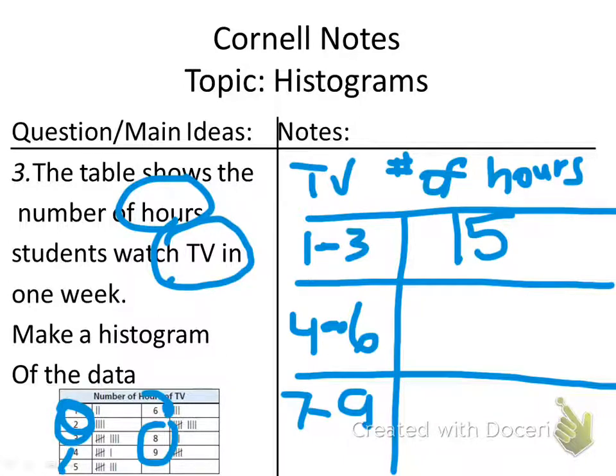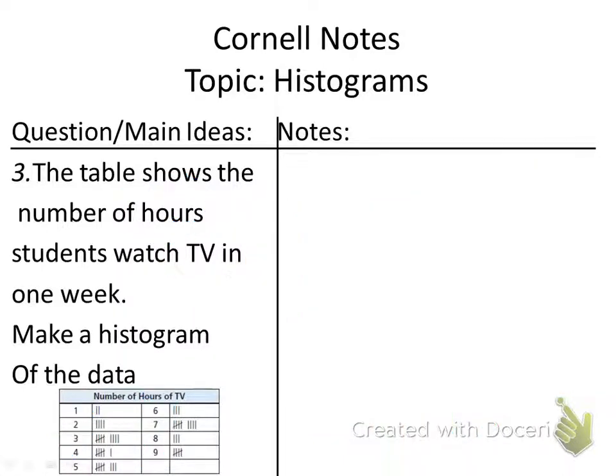Then I count 6 plus 8 plus 3, which is 17. Then I count 9 plus 3 plus 5, which is 17. Okay, now this is a frequency table. I didn't make a histogram. Obviously, I have no bars. So now what I'm going to do with this frequency table is make it into a